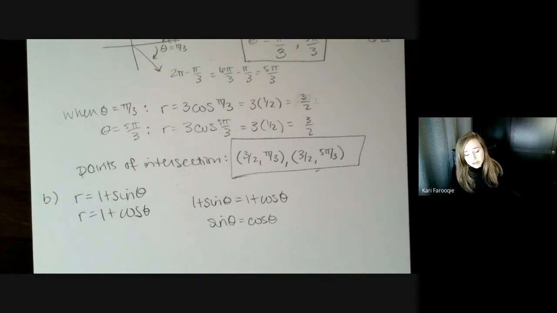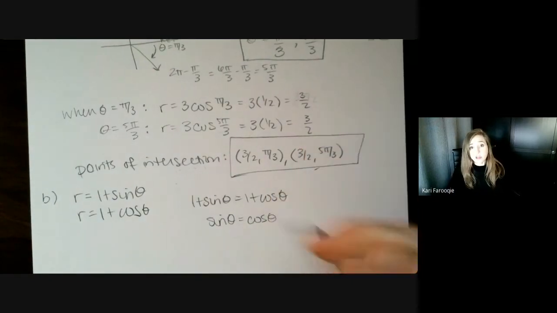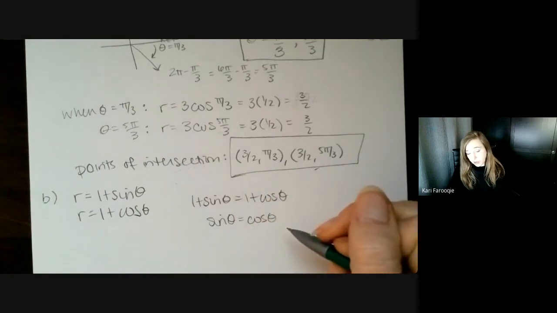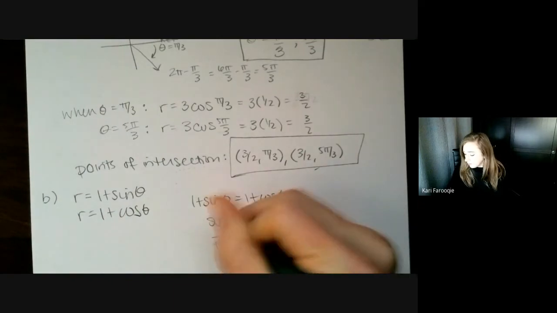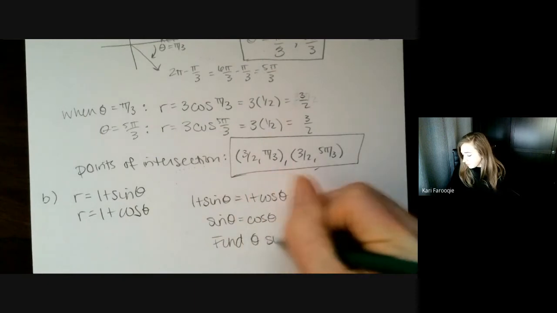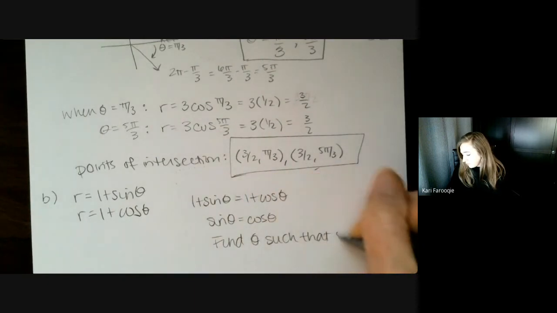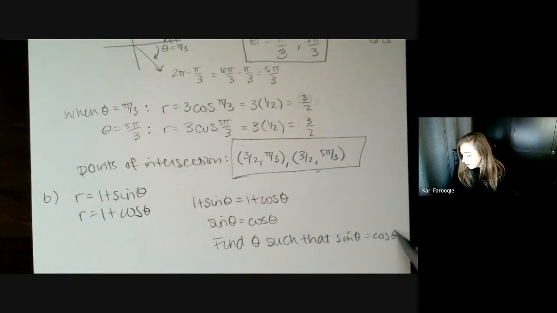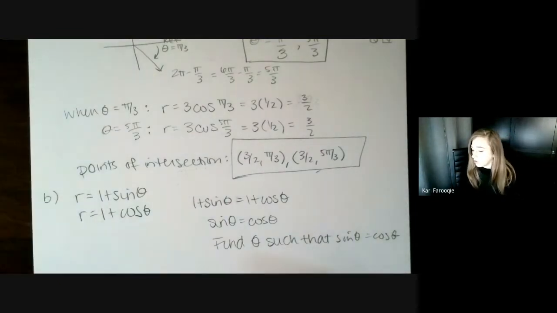You can't really think about this one in terms of some sort of algebraic process. You have to think about it in terms of what it means when sine and cosine are equal to each other. So you're looking for theta such that the sine of theta and the cosine of theta have the exact same value. I know I basically just rewrote what you have there, but for some reason I feel like that makes it a little bit clearer. Maybe not.